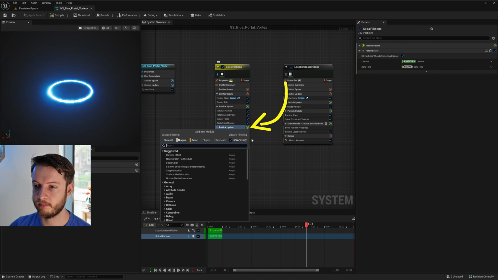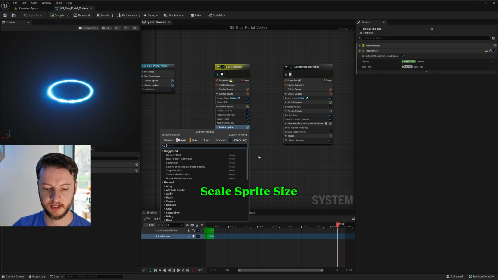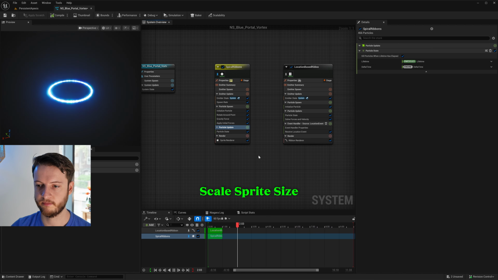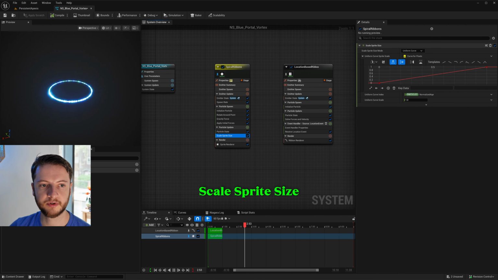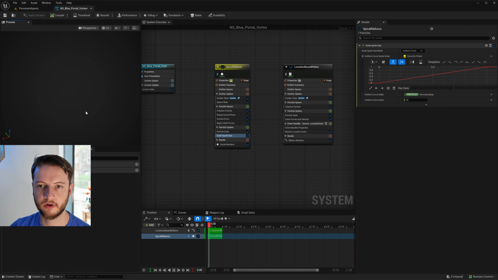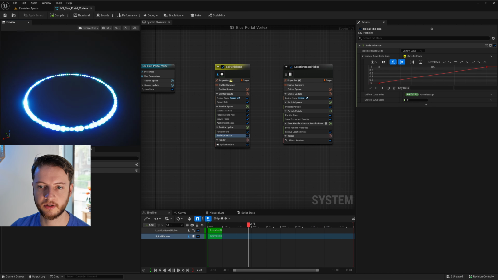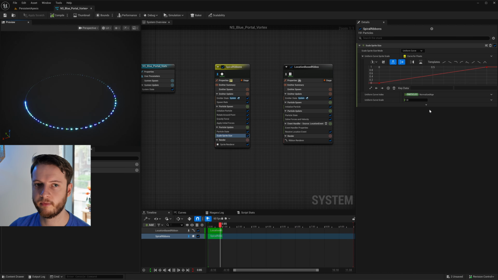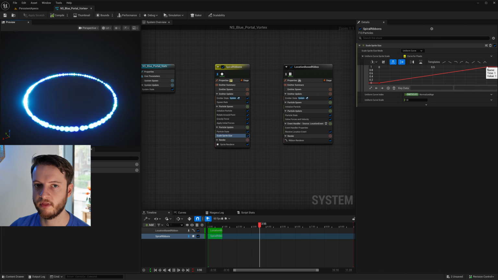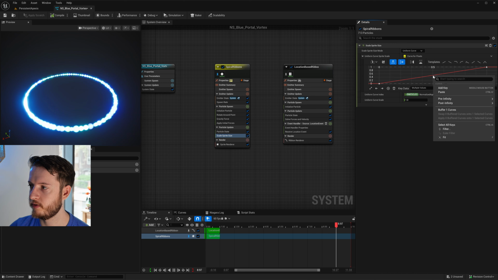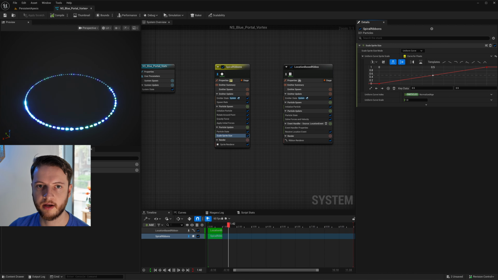Next up, click the plus again under particle update and say scale sprite size. Okay. And for the scale sprite size, with the lifetime going through, I want to be changing this. I see it already got these settings and started doing this thingy, which we couldn't see before. So it's kind of like working already, which is cool. But what I really am doing is I keep the 0 here, I keep the 1 there, and then right here in the 0.5 in the middle, I right click to add key. And that key that I've just added, I want it to be